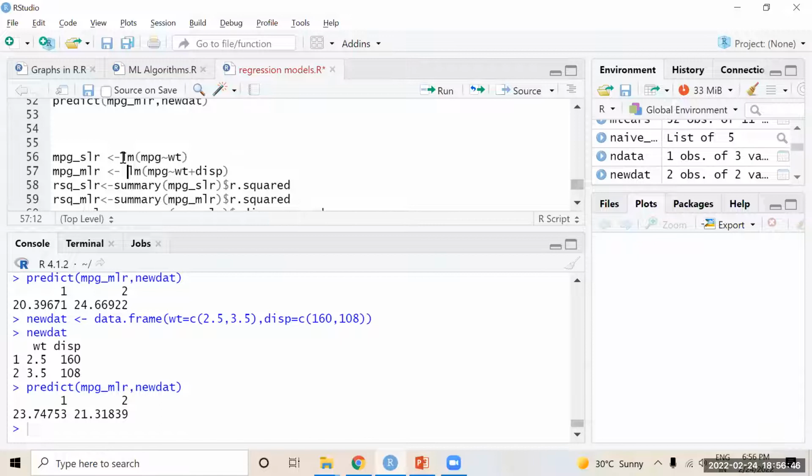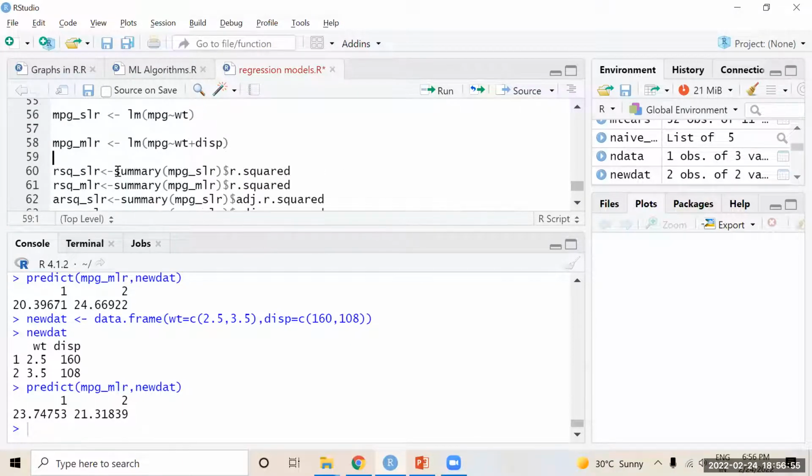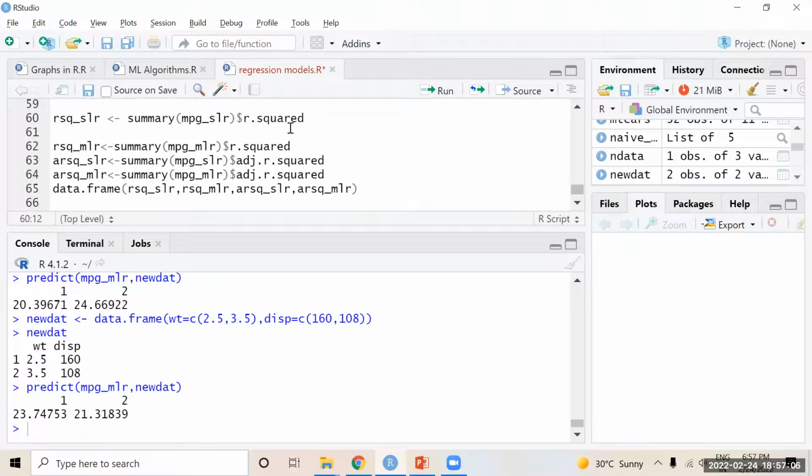So here I'm creating simple linear regression stored in SLR, and I created multiple linear regression using MLR. Now, the root mean squared error, or R squared error, I'm calculating for the model MPG_SLR. For that I'm displaying the summary.